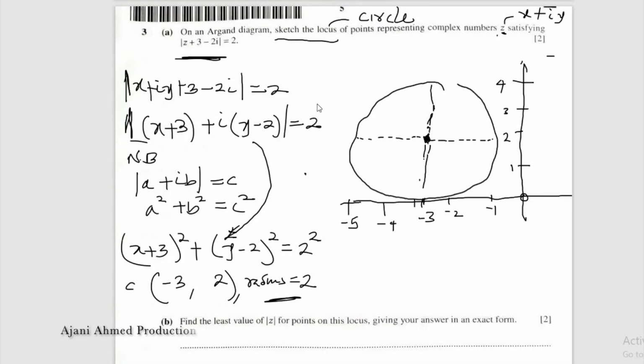See it, at the end of the day, I've succeeded in doing my locus and reflecting the radius. So you can leave it like this, or take away this line, provided that you sketch it to reflect a distance of 2 from the center to any edge, so your diagram is correct. Now the next question